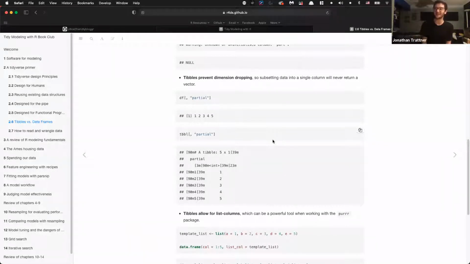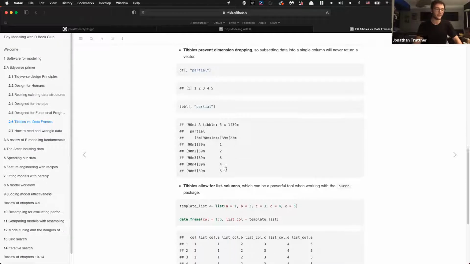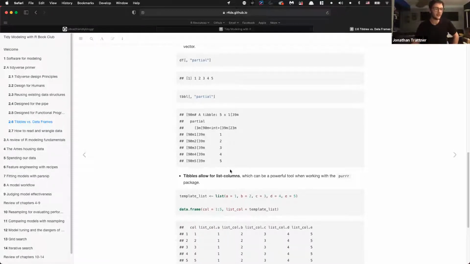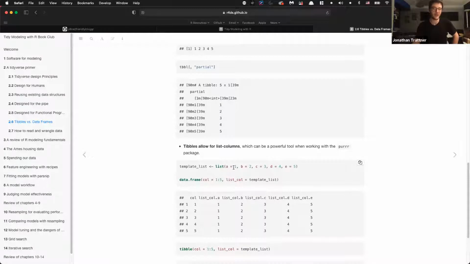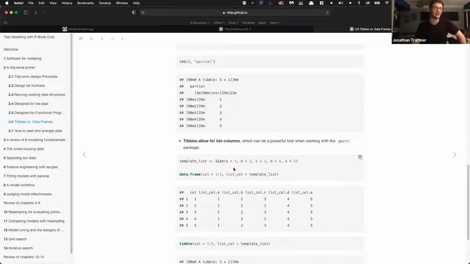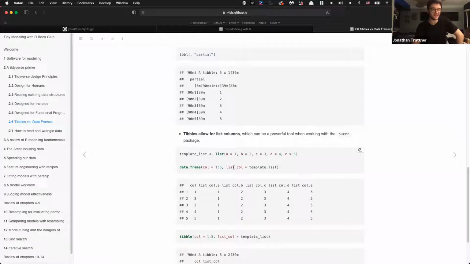So a next feature of tibbles, they prevent dimension dropping. So subsetting data into a single column will never return a vector. If you subset into the partial column of the data frame, you'll get that. You will get the same tibble column partial back, even if it is printed funky. Anyways, tibbles allow for list columns, which is the last feature we have here,